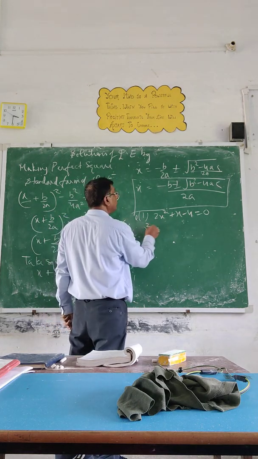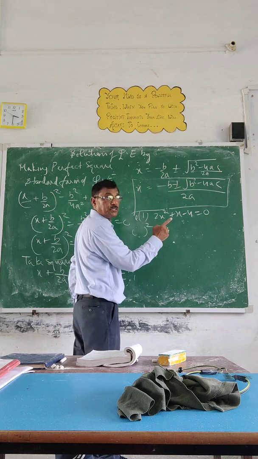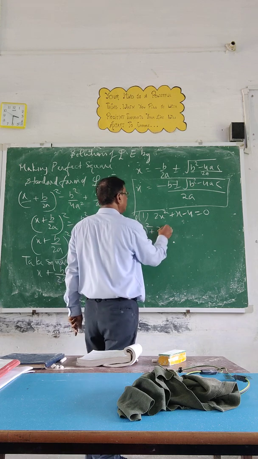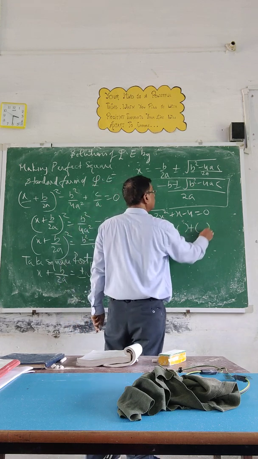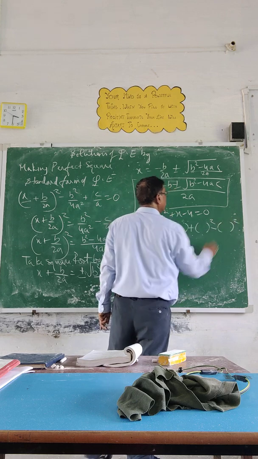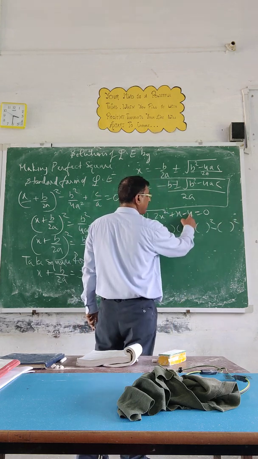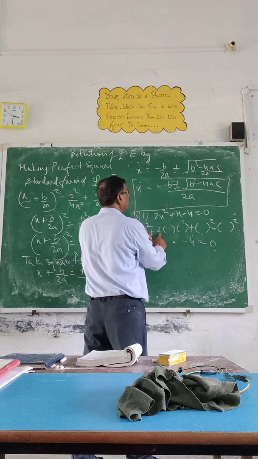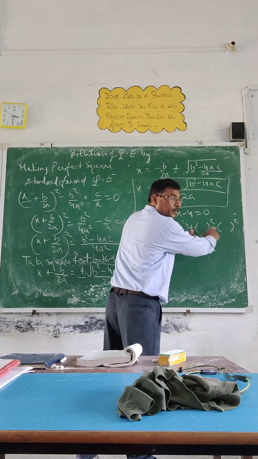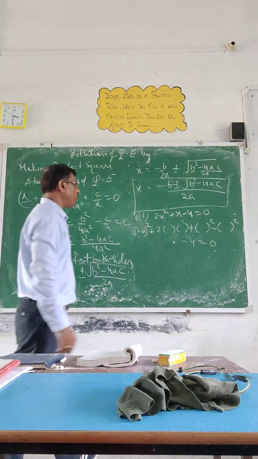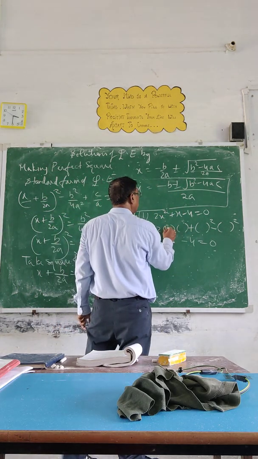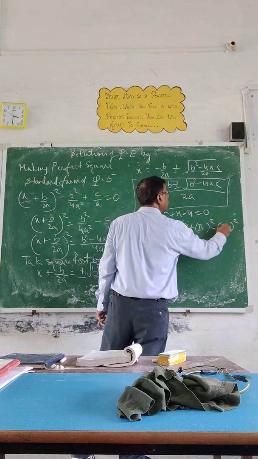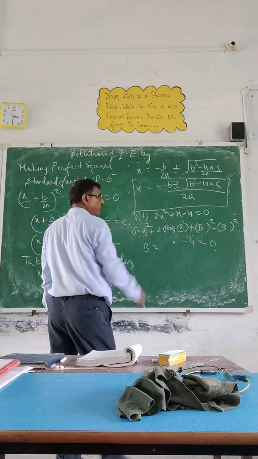First you take the square root of 2, that is root 2, and x square is root 2 x whole square. Then plus 2ab plus b square minus b square. Then the last term minus 4. Can you see? a square plus b square plus 2ab. This is the adjustment, and minus 4. So now put the value. This is a, root 2x, and here you get b, which is unknown. This is also b. Find the value of b. What will you get as the value of b?